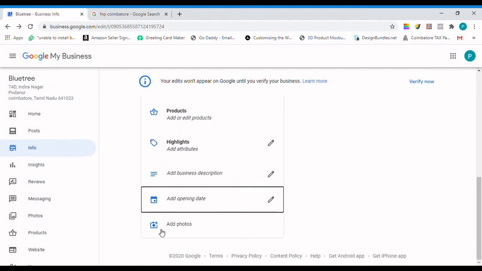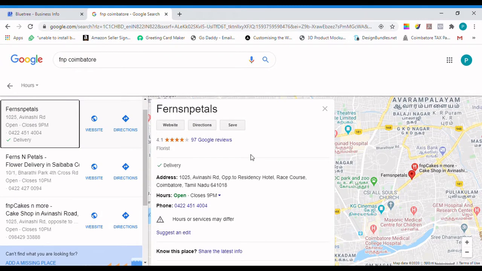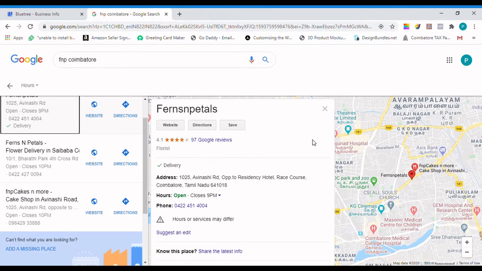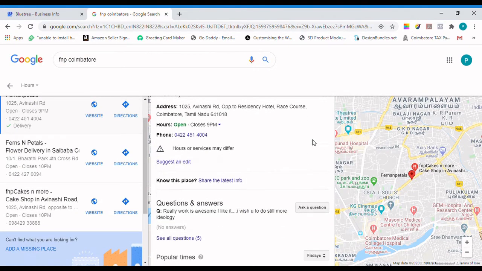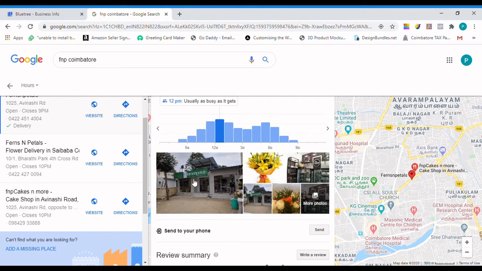Below this you find add photos. You can add photos of your store. I'll go to this browser and scroll down. This is FNP, and here you go, you'll find the picture of the store where it is located. The owner added many pictures of the store, both inside store pictures and outside store pictures.